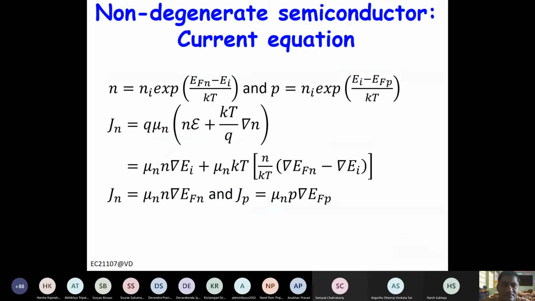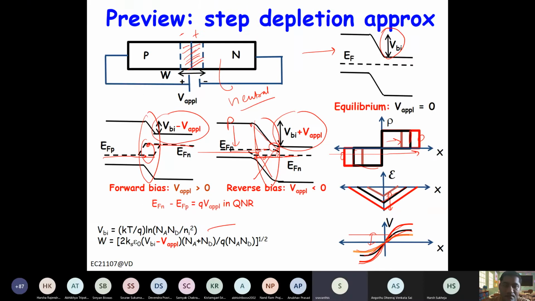Somebody want to say something? Sir, can you go back to the previous slide and explain again those plots? No, what do you want to know? This plot, that black line, red line, how are we getting that? Can you say again? Those plots, can you explain again, sir? Which plot? The second one. The second one means the charge concentration, the electric field, the potential. The electric field part. This one.